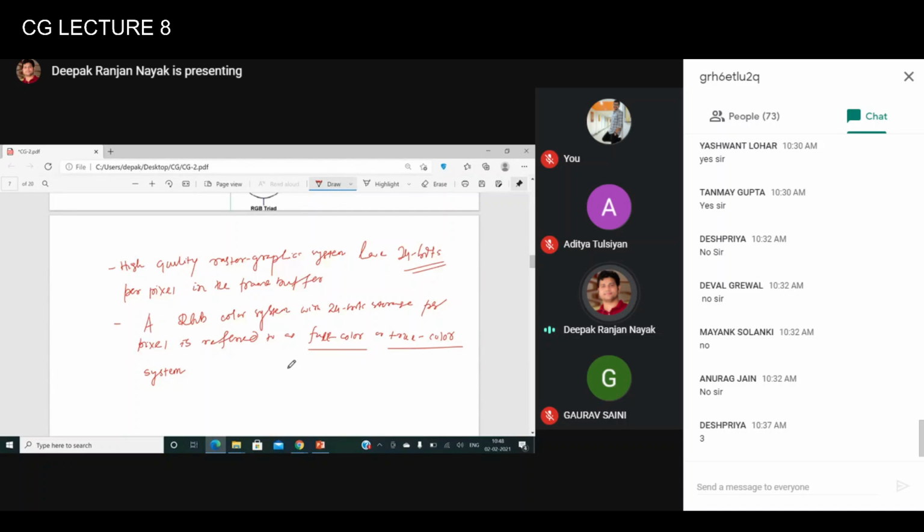And similarly, we have some hard copy devices. Sometimes we call them soft copy devices. Some devices are called soft copy devices, and some devices are called hard copy devices. So who can say what is the difference between soft copy and hard copy devices? Which one is the permanent one?